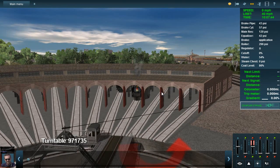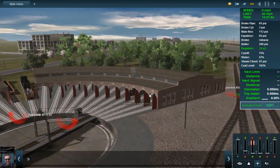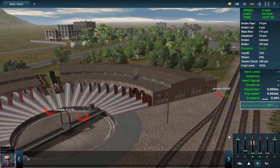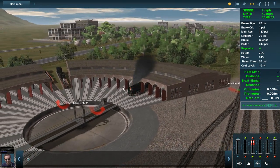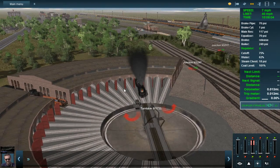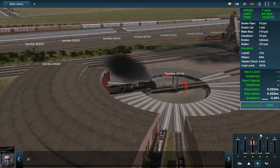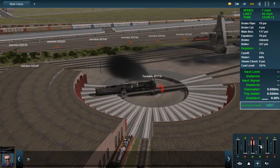Okay. So turn this headlight on. Put this in forward. Let's try to get this thing out of the roundhouse without making any stupid mistakes. Anyway. Yeah, this is a nice roundhouse. Whoa, easy. So, creativity, right? There's a lot that's going into this route, and as much as I don't like the fact that the stock seems to be kind of all over the place...